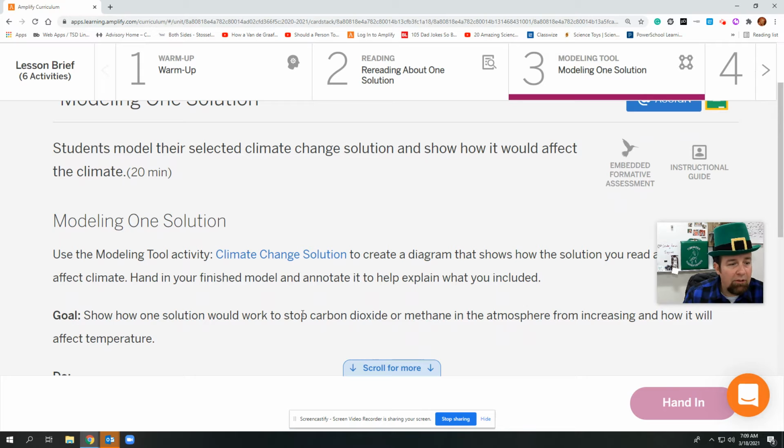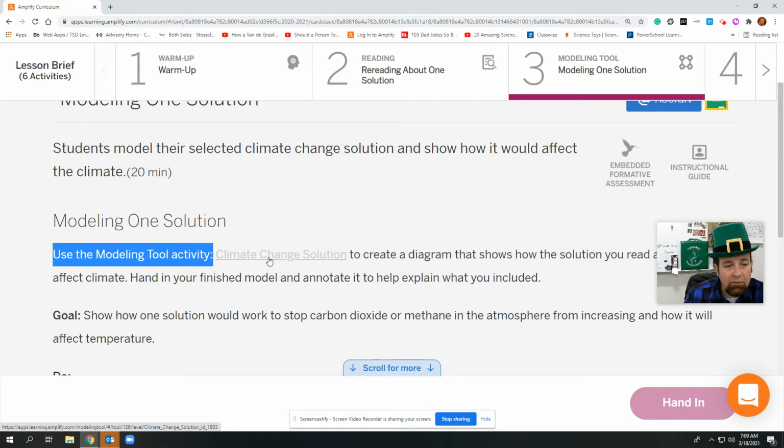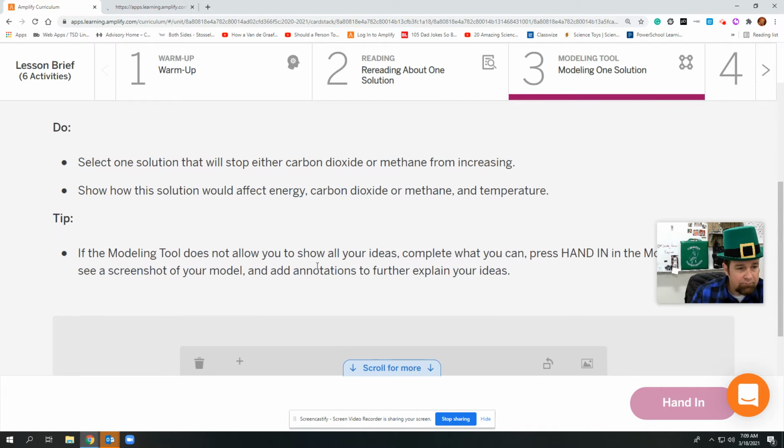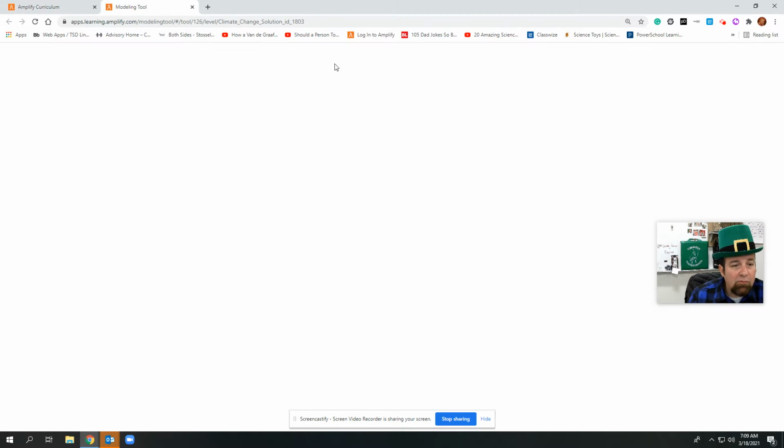Okay, so for part 3, this is a modeling tool activity. You're going to click this little link, and that's going to open up your modeling tool in another window. And you're going to pick one. You're either going to pick carbon dioxide or you're going to pick methane. And you're basically going to model what you just read. So if we go over here to the modeling tool,